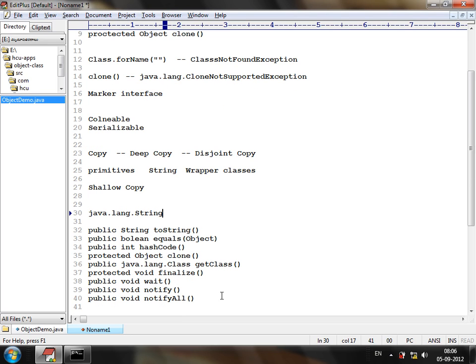Do you want to note it down? Do you want to note down the methods of the object class? If anybody wants to note down the methods, they can note them down, otherwise